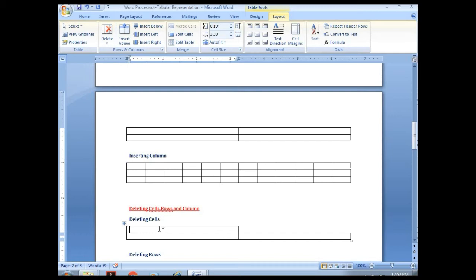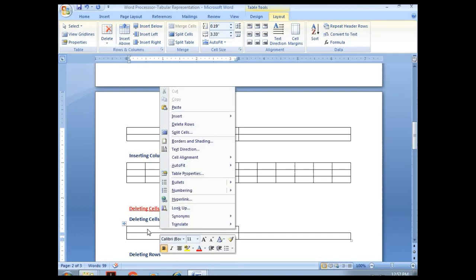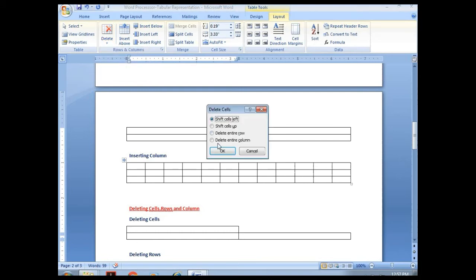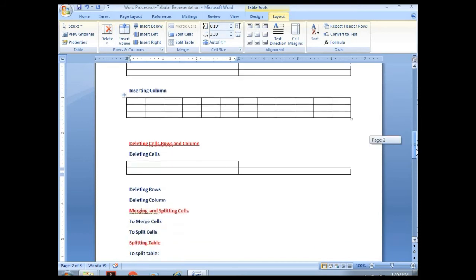Here we are deleting a cell from right. If cells are there, then only it will be deleted.